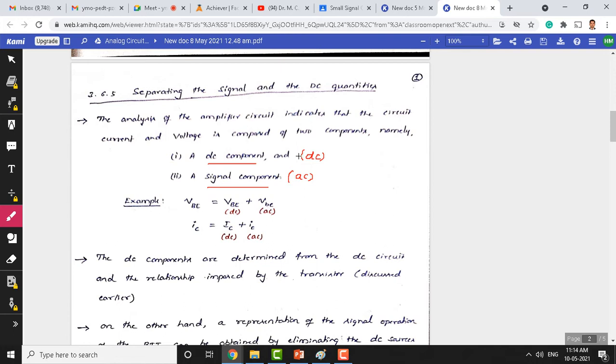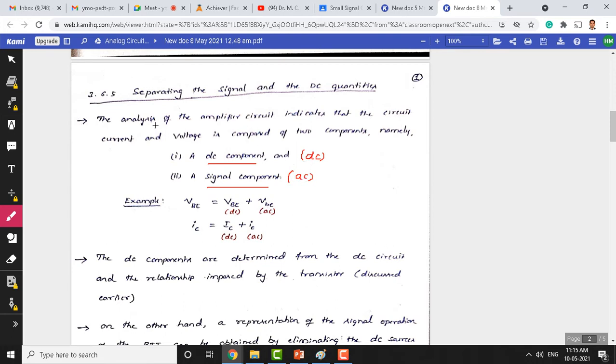Superposition theorem states that we need to find the output voltage by considering one signal at a time. Either you consider DC or AC at a time. One type of stimulus must be applied first. Then find the output voltage. Then later apply the second stimulus and find the output voltage. Therefore, the overall voltage will be the sum of the output voltage for both the stimuli.